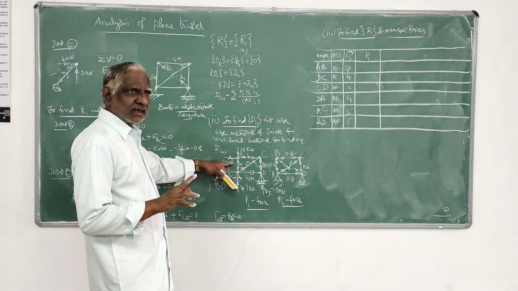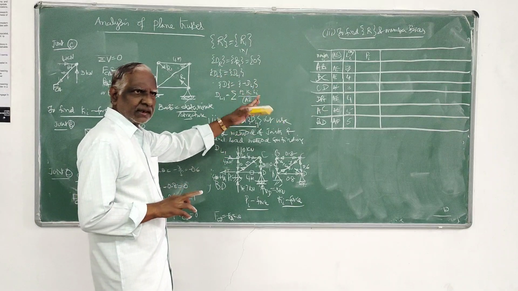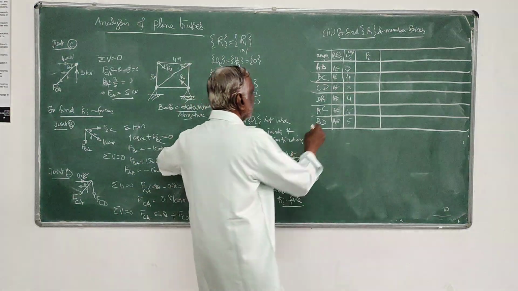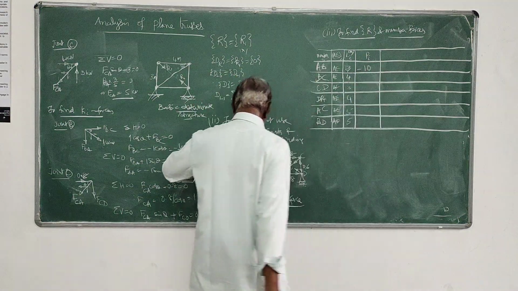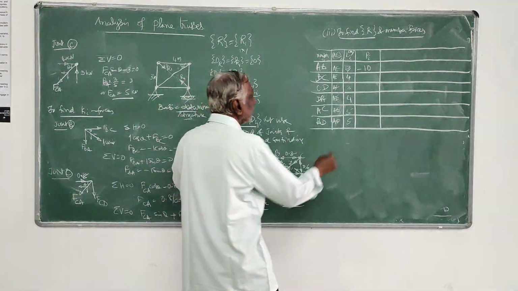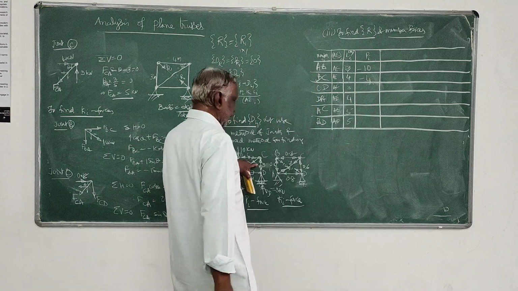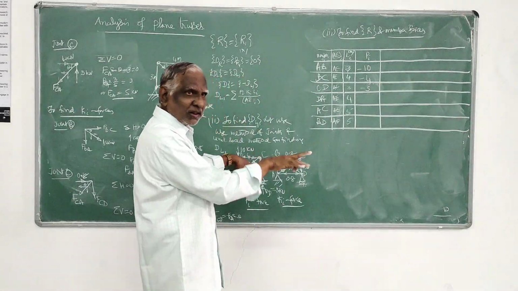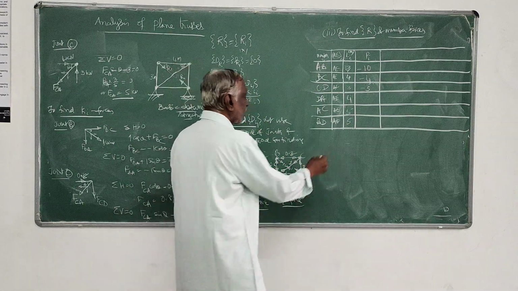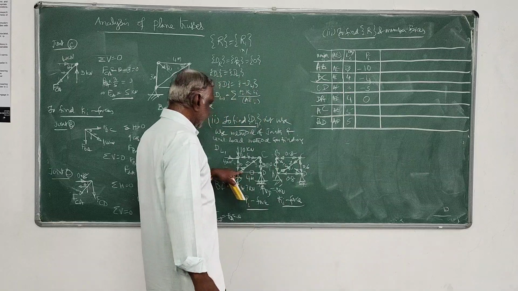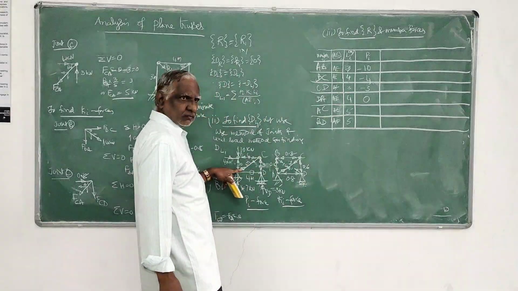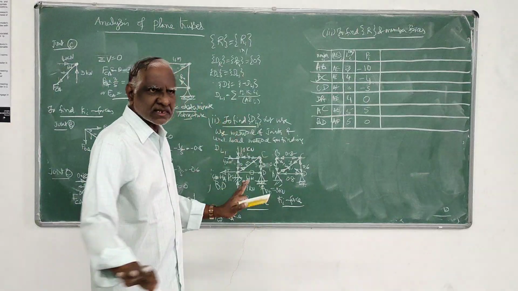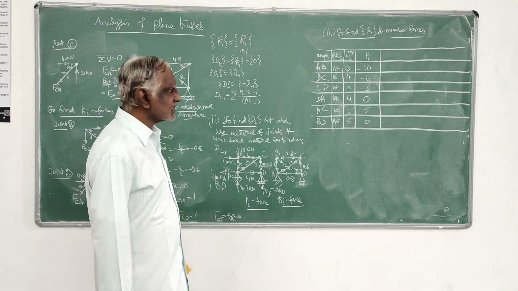PI is always, if it is tensile, take positive sign, compression, negative sign. Here it is compression, so you take it as -10. Here it is again compression, -4. Here it is again compression. You have to be careful with the sign convention; coordinate you have to stick to. This is 0, DA, then this is tension, positive tension plus 5. This is of course 0. That member itself is not there, make it as 0.